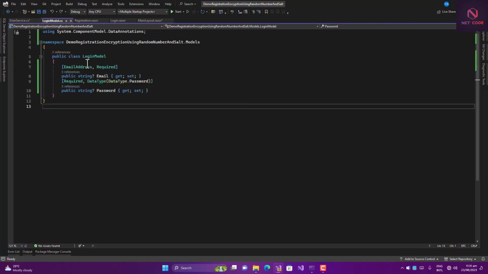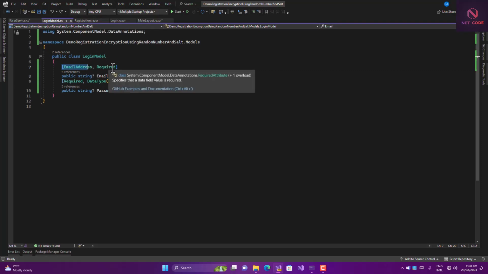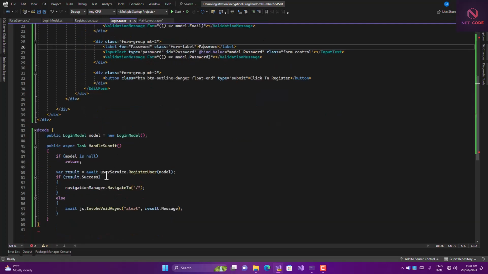So we have to create a model, that is the LoginModel, and now we have our attribute as Email Address and the Required attribute against this email, and now we have the same thing for DataType as Password against this password attribute. Now when we check our Login.razor, it seems we have to call a service known as